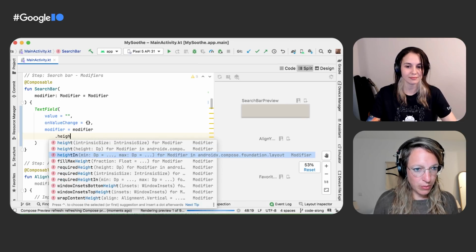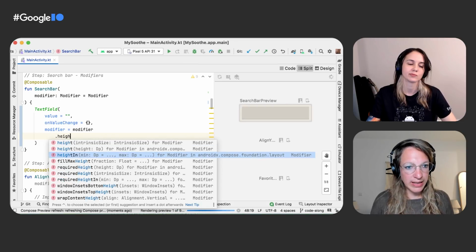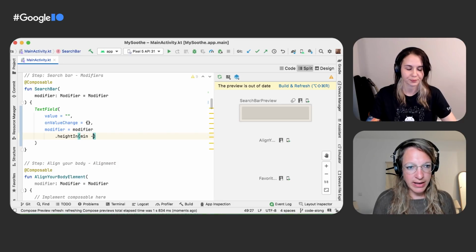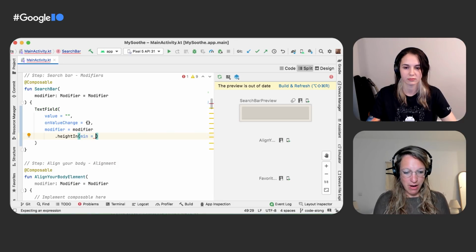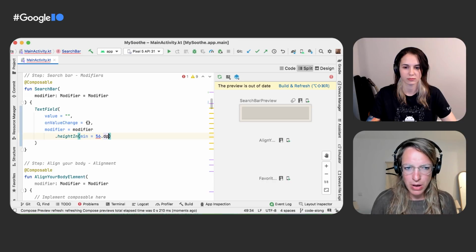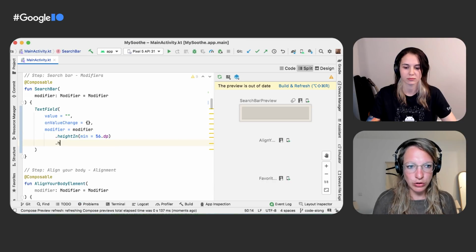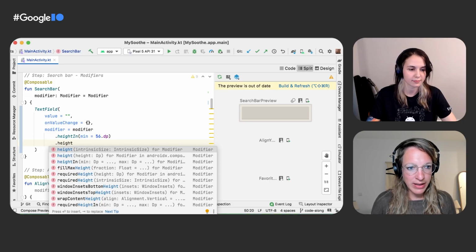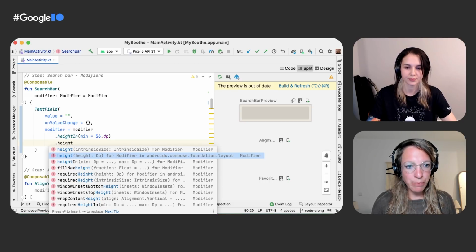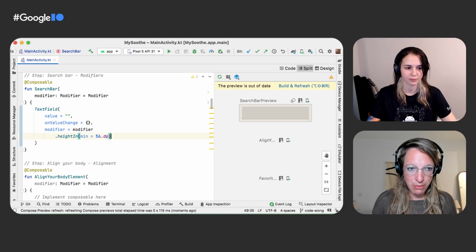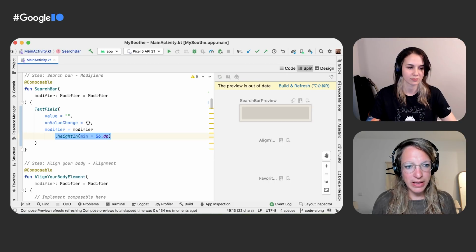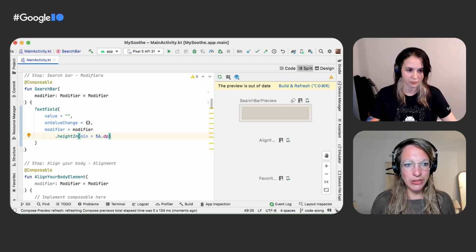Yeah, we can. So with the height in modifier, we can set a minimum height. And in our case, we want to set a minimum height instead of a fixed height. So the alternative, what we could do is to just use the height modifier directly and set a specific height. But what we want to do is we want to use this minimum height. And the reason for that is with the minimum height, we can actually allow this composable to grow a little bit bigger.